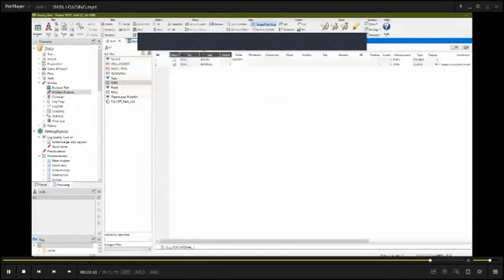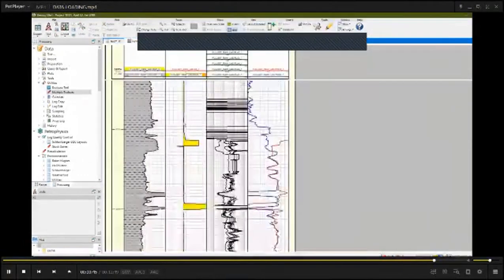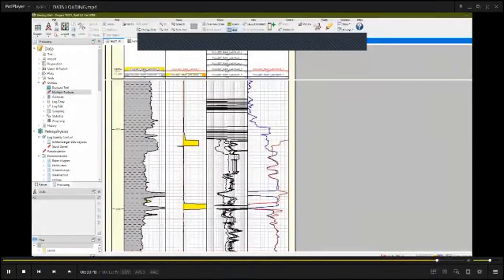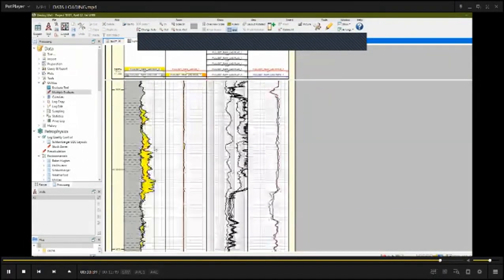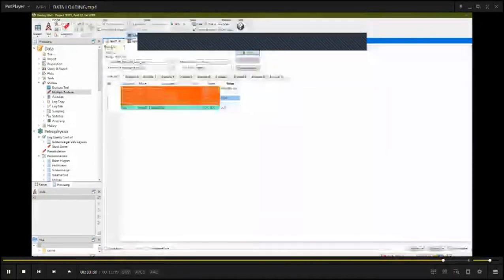And define the name and depths for the first of the working interval and the end of the desired interval.